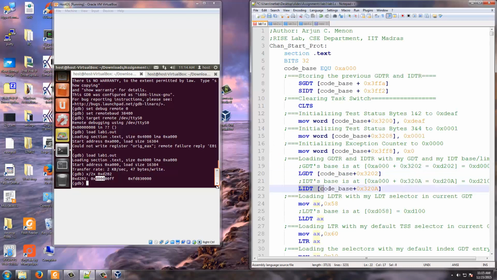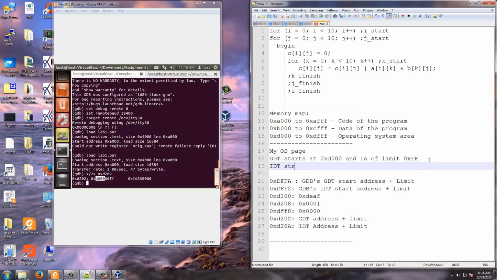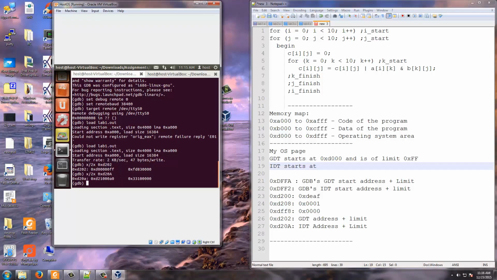Similarly, let us go back to the next statement here. Your IDT, slide line number 22. The IDT base and address are stored at D20A. So 0xD20A will have IDT address plus limit. So let us go and see where the IDT starts. For that we say x slash 0xD20A.